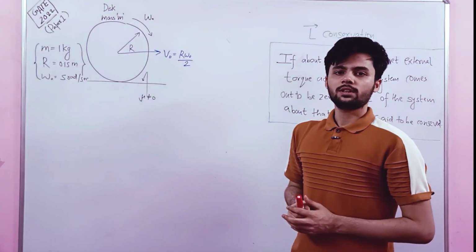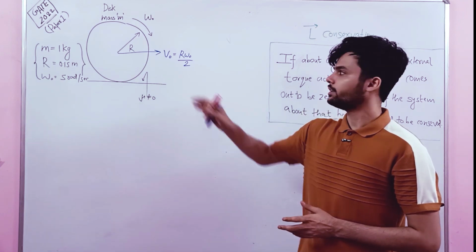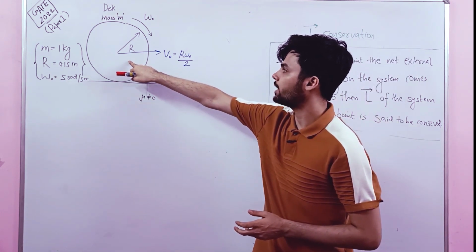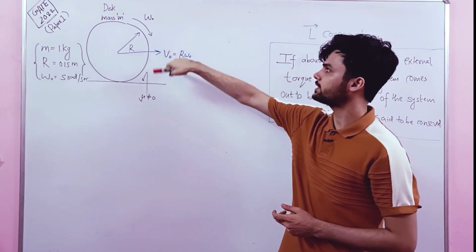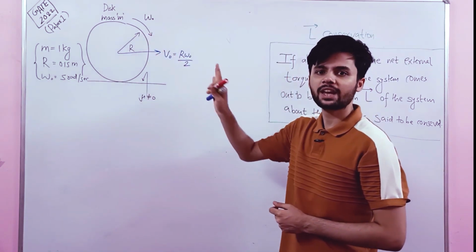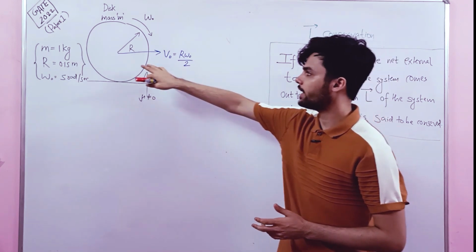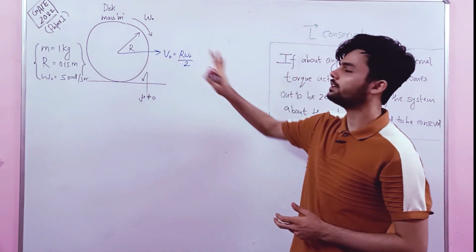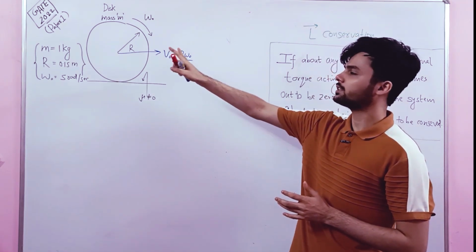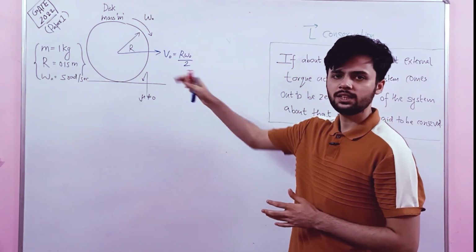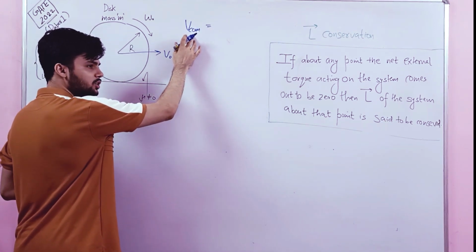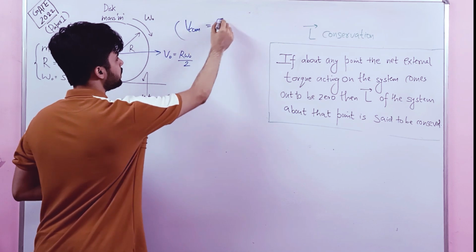Now if you look on the board, you can see that I have modified the last question which I just solved, and what I have done is I have imparted a linear velocity to the disk as well. Earlier the disk was only given angular velocity and it was kept on the floor, right? But now I have also imparted some linear velocity to the disk. In this case you have been asked the same thing, to calculate the velocity of center of mass when pure rolling starts.